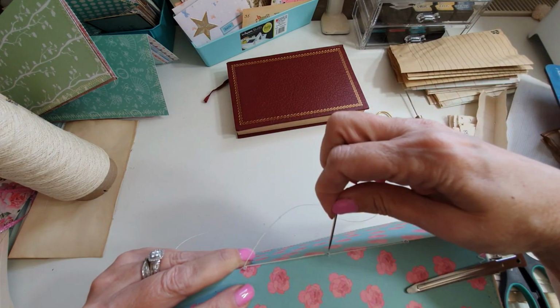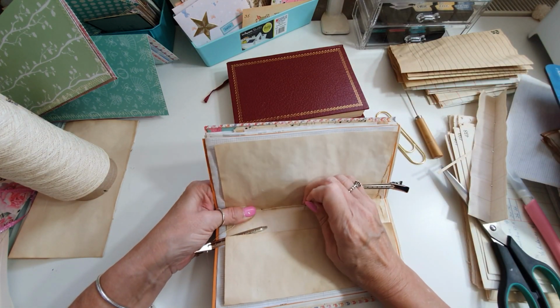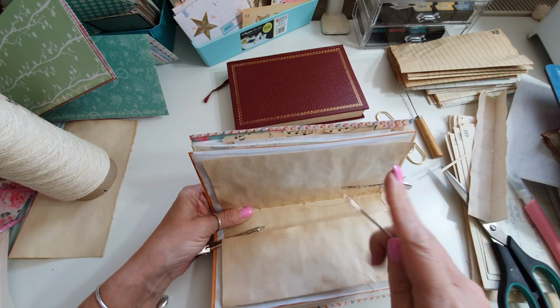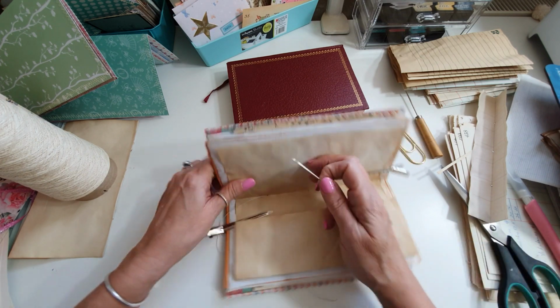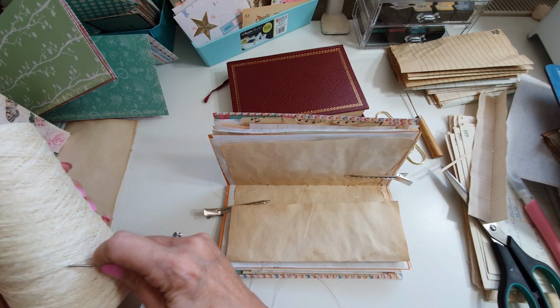And then back through the middle hole. See, I always do it twice. You don't have to do it twice, but I always do, just to make it tight enough. But you can just do it through 3 times and not do twice. I've done it twice. So then what I do, take my needle out, put it back in my cotton so I don't lose it,